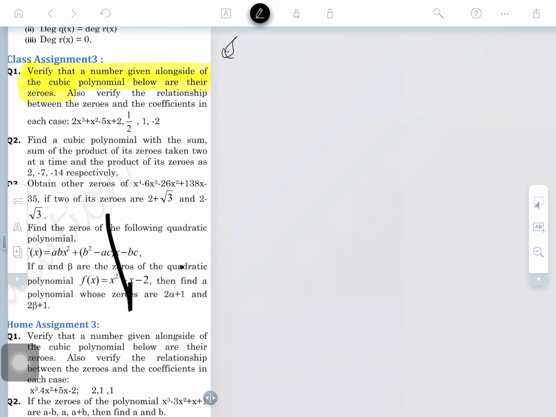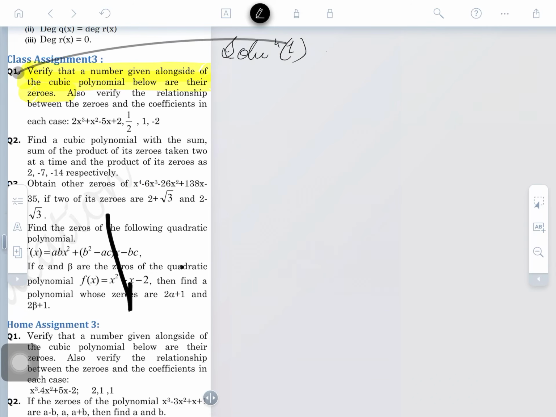Solution: first we are solving class 7.3. This is the question I am talking about. Clear? Have a look at the next, please. Now this is the question we are to solve here.